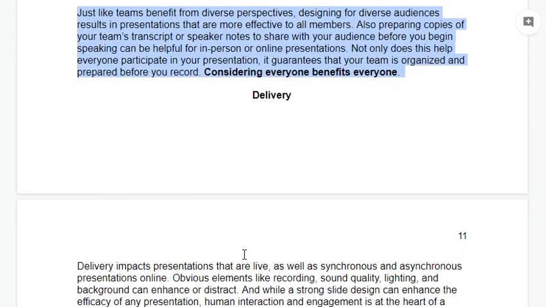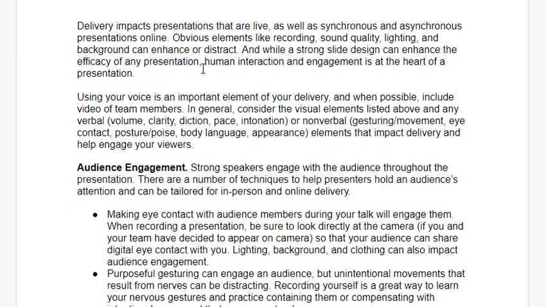Delivery. Delivery impacts presentations that are live as well as synchronous and asynchronous presentations online. Obvious elements like recording, sound quality, lighting, and background can enhance or distract. And while a strong slide design can enhance the efficacy of any presentation, human interaction and engagement is at the